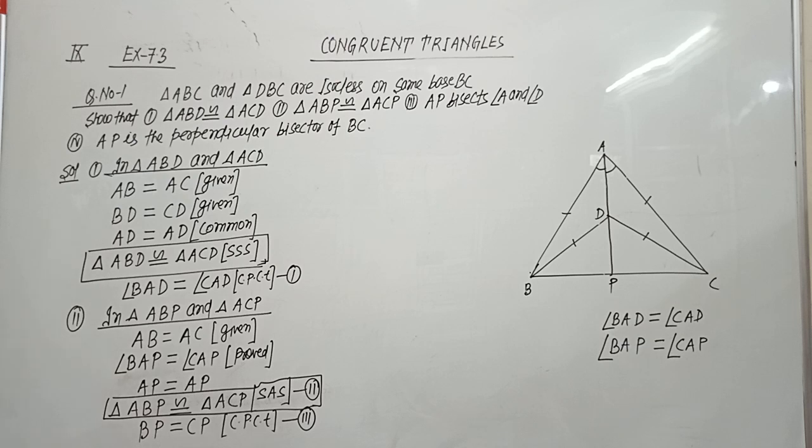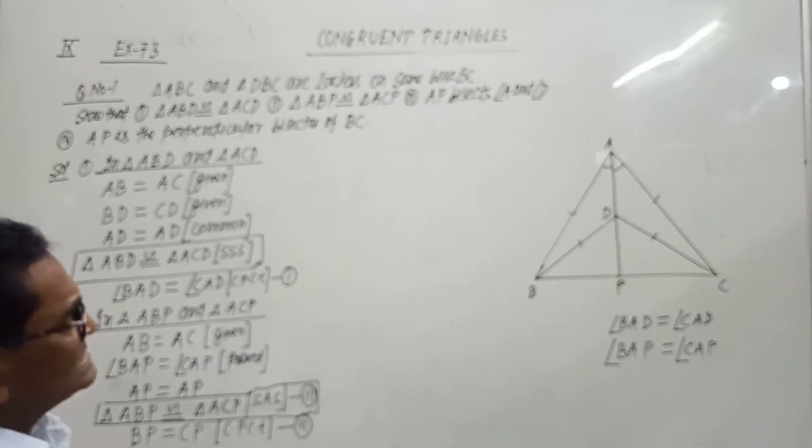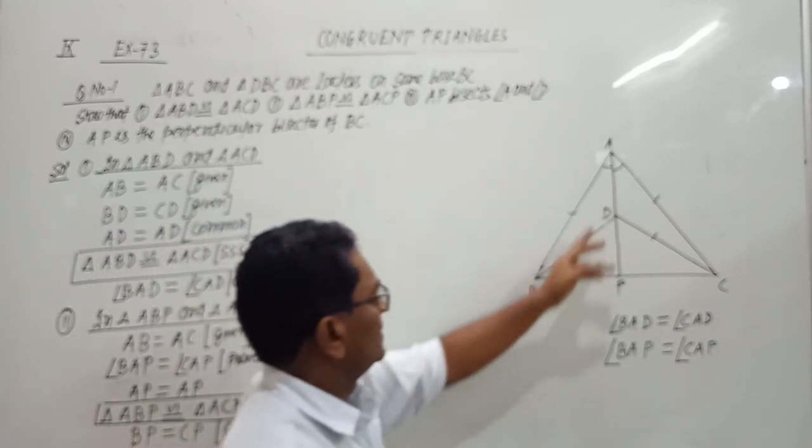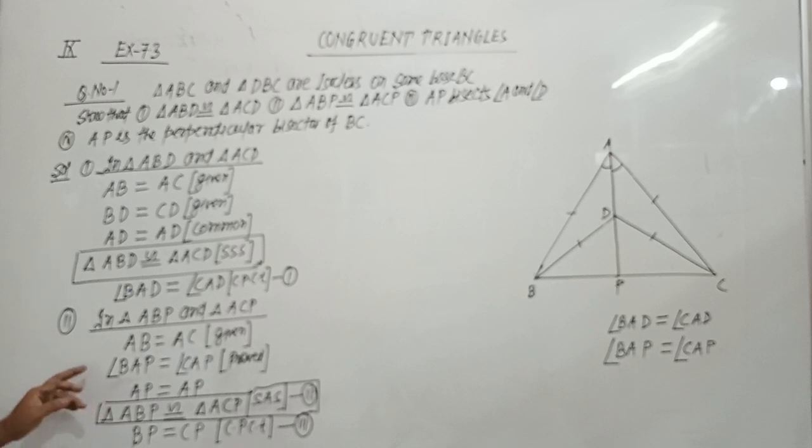So from the first, angle BAD equals angle CAD. The third part which we have to find is that AP bisects angle A. So from the first, angle BAD equals angle CAD, which can also be written as